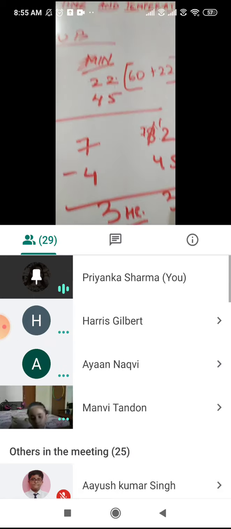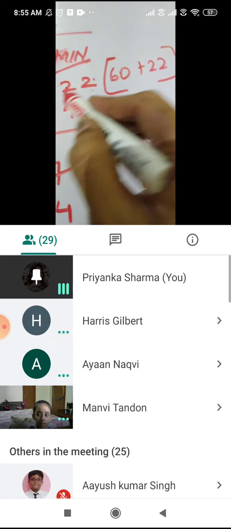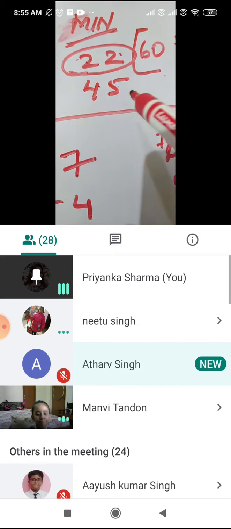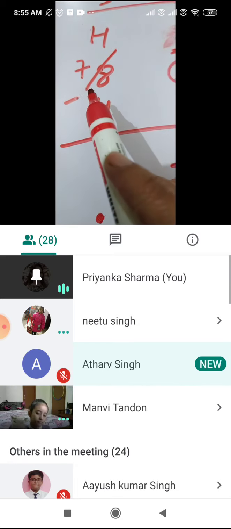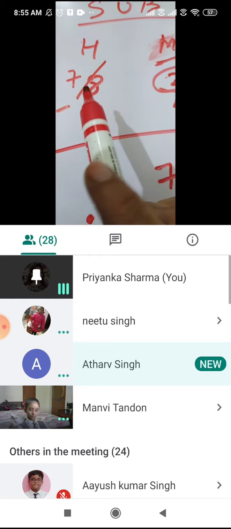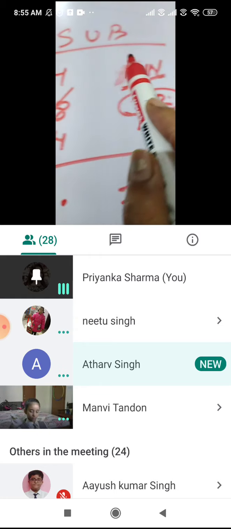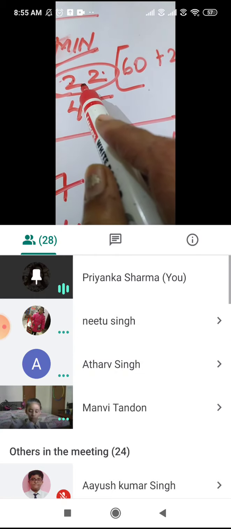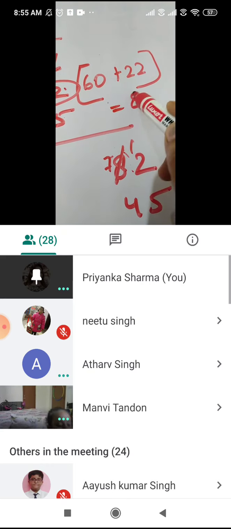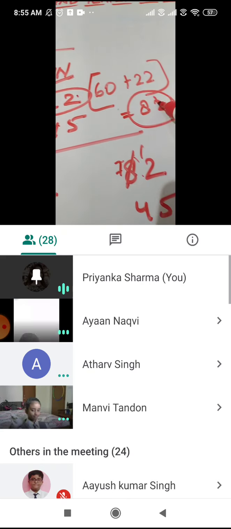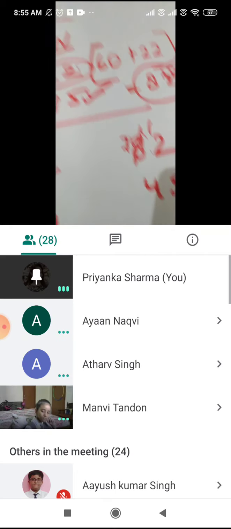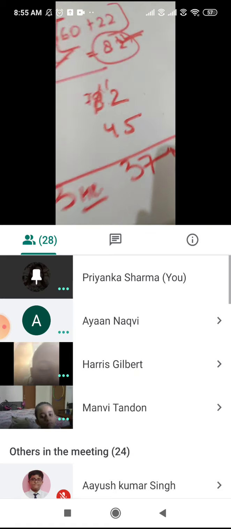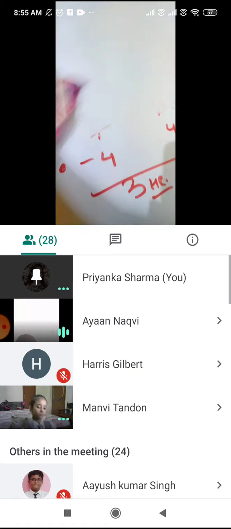Is it clear now? When both numbers are small here, this number is bigger, and we cannot subtract. We borrow 1 from our column. When we borrow 1 from our column, we are borrowing 60 minutes because 1 hour is equal to 60 minutes. So we add those 60 minutes to the smaller number here. So it has become 82. Now this number is bigger than this number and we can subtract easily. This is the rule that you have to follow. Okay? Let's do one more. It will be clear to you.